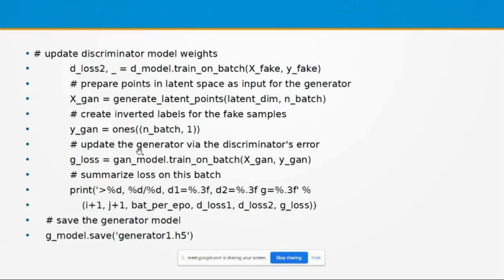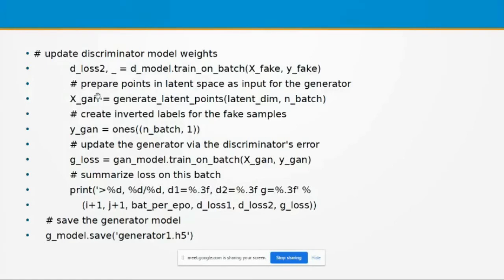Then next is to update the generator via the discriminator error, and we are going to improve the performance of the generator model via the discriminator. For that we are going to use gan_model.train_on_batch(x_gan, y_gan).